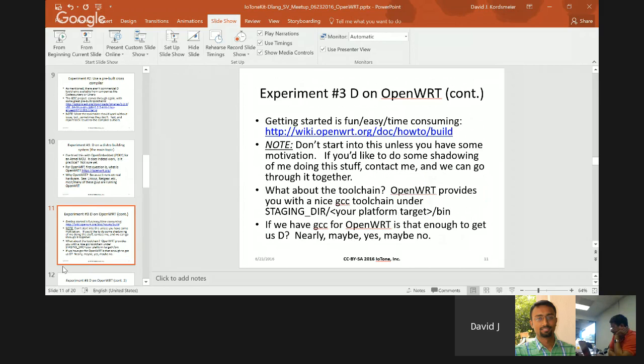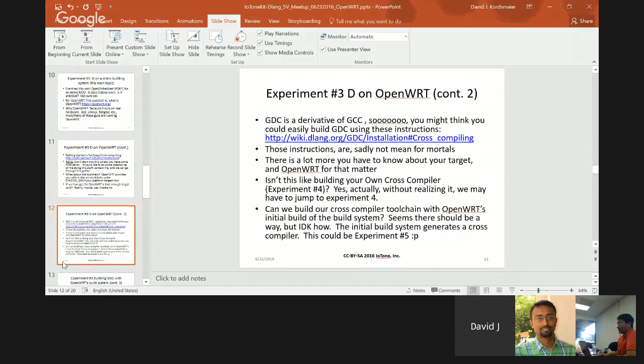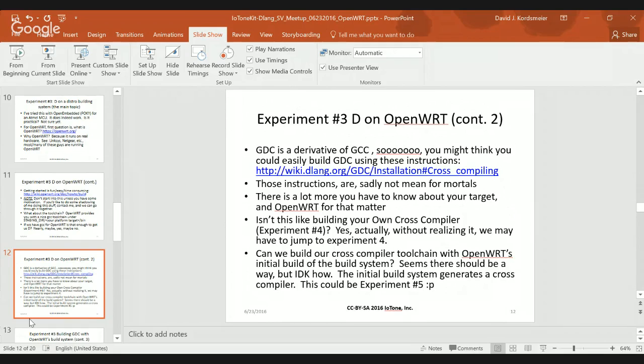So in terms of OpenWRT, if we already have a GCC toolchain, then that should get us pretty close to a GDC system. And so you might think it'd be super easy to just run the cross-compile instructions. I thought this would be pretty quick, and it turned out to be. I never did get to the bottom of why I was having so many problems, but once you apply your patches for GDC, then I jumped over to the configuration of GCC, and I ran into all kinds of problems